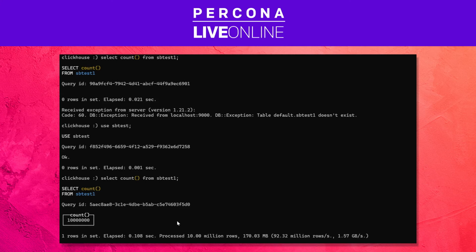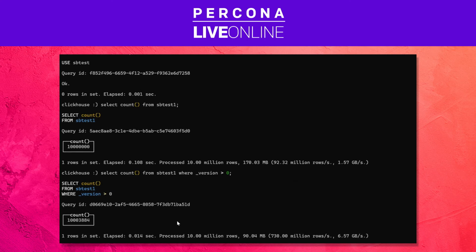So, but it doesn't add the final if you have version in your query. So this is a way to emulate that. But now we also see we get more than 10 million rows, which means that we have some duplicates in here, but it takes only 14 milliseconds. So now you see the difference in performance that is caused by final. Okay. So that's